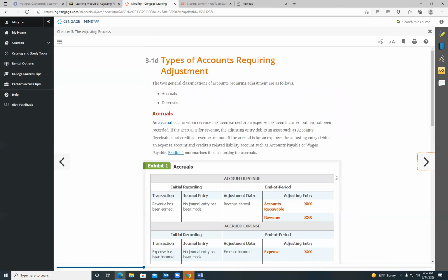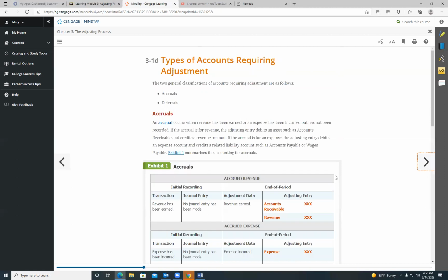So let's go into types of accounts requiring adjustments. There's 2 general classifications of accounts requiring adjustments. They are accruals and deferrals. So what are accruals? An accrual occurs when the revenue has been earned or an expense has been incurred but